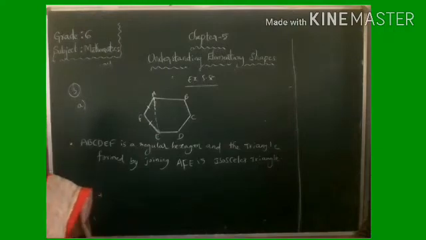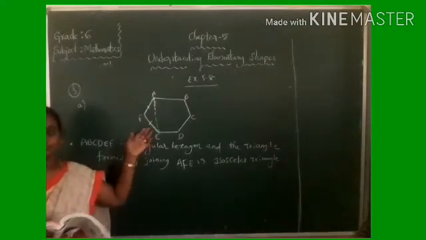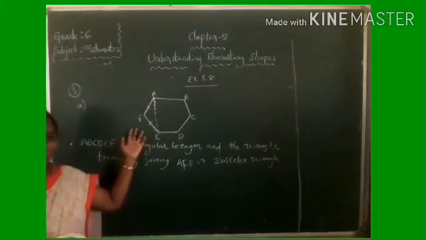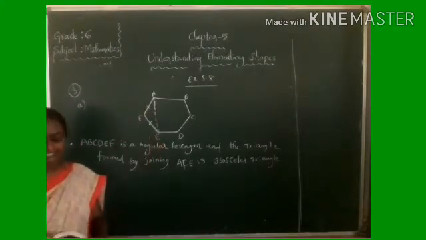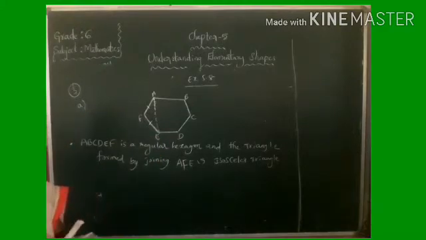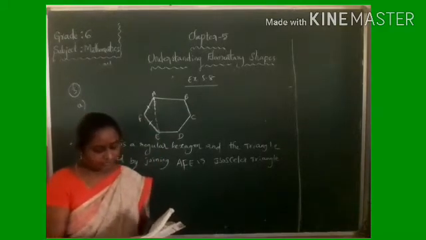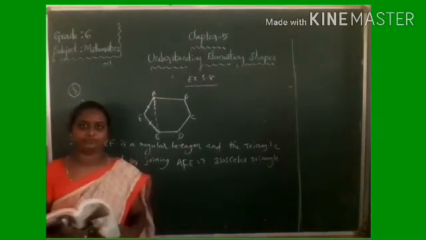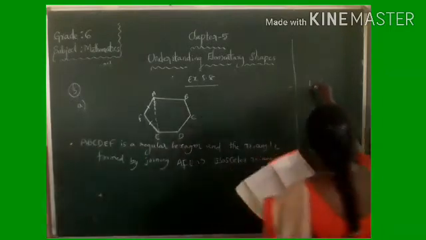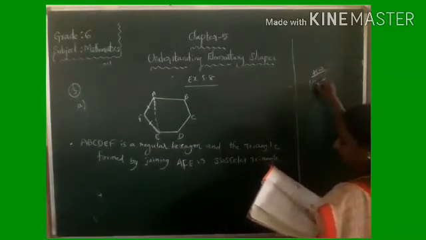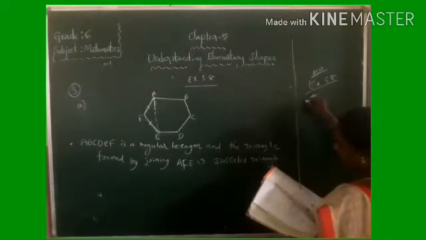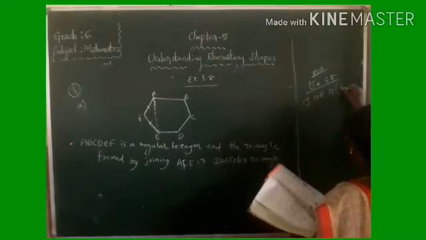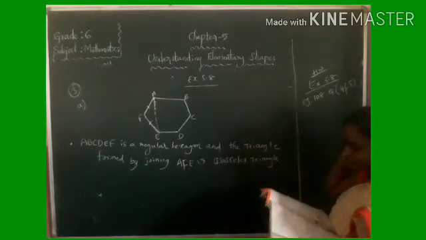So next one, same question. Like this, you have to draw a rough sketch of the figure and give the name that is asked in the question. You have to draw that one. So the fifth one also we have as homework. The fourth and fifth ones you have to do yourself. Okay, so note down, homework is exercise 5.8, page number 108, questions number 4 and 5.